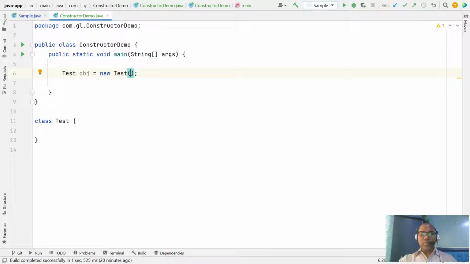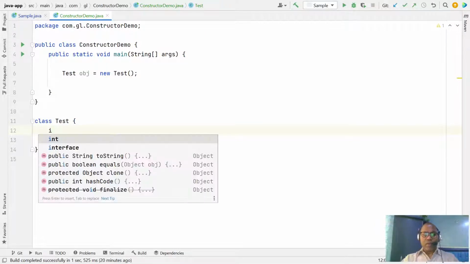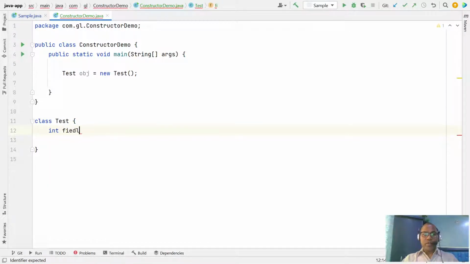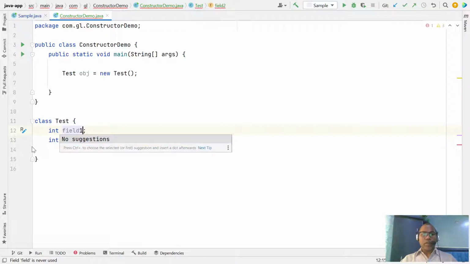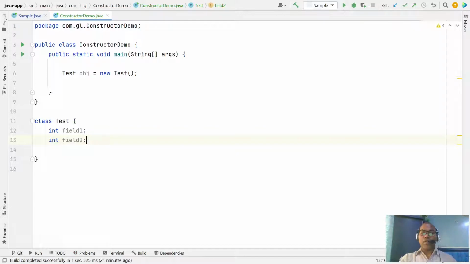For creating an object, sometimes I want to give some input to this class. Let's say this class has two fields, field one and field two. Now you want to give some initial value.